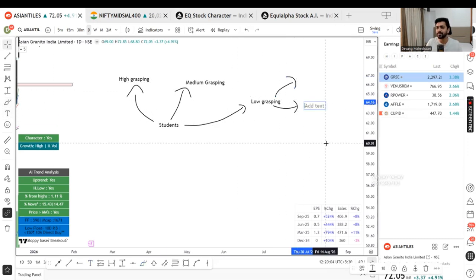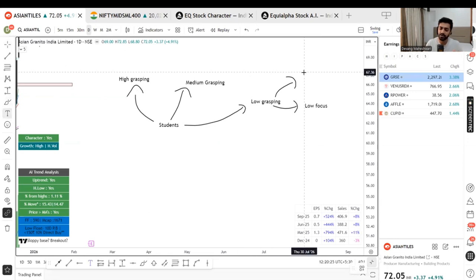That they're sitting in the class, they have good capability also, but they are just daydreaming. They attend every class, but they are just sitting there, not listening, not understanding, thinking some random things. So, low focus. And there are certain people which I've seen in your school and in my CA coaching also, who simply lack ability. Nothing like that I am demeaning those people, but it's the truth.